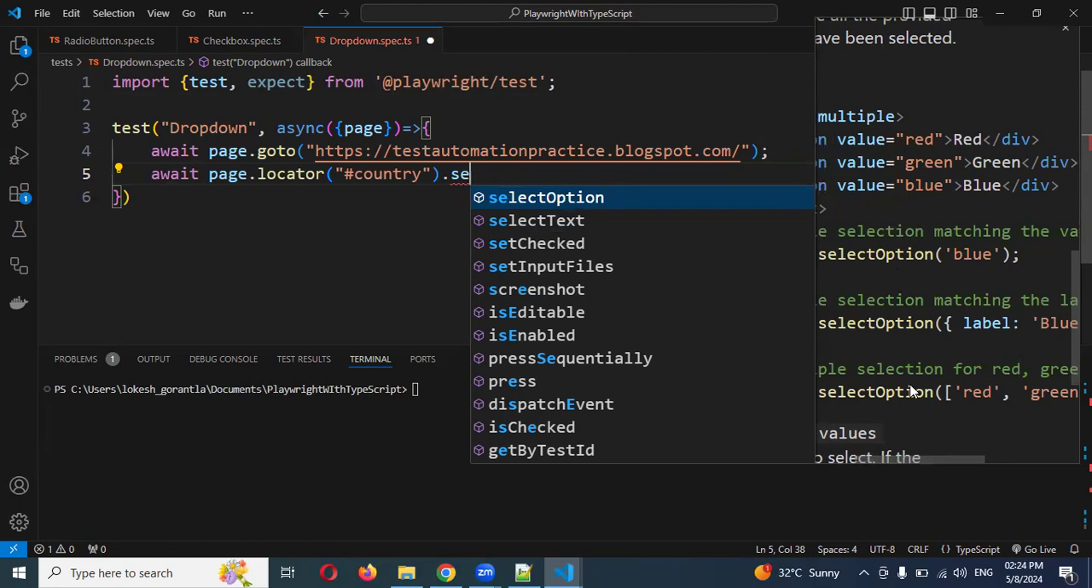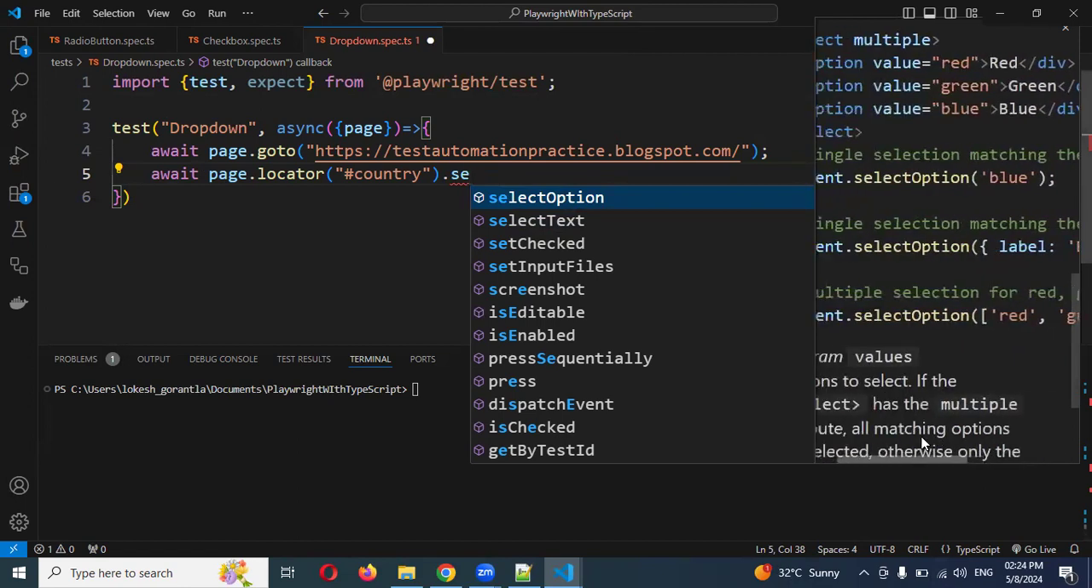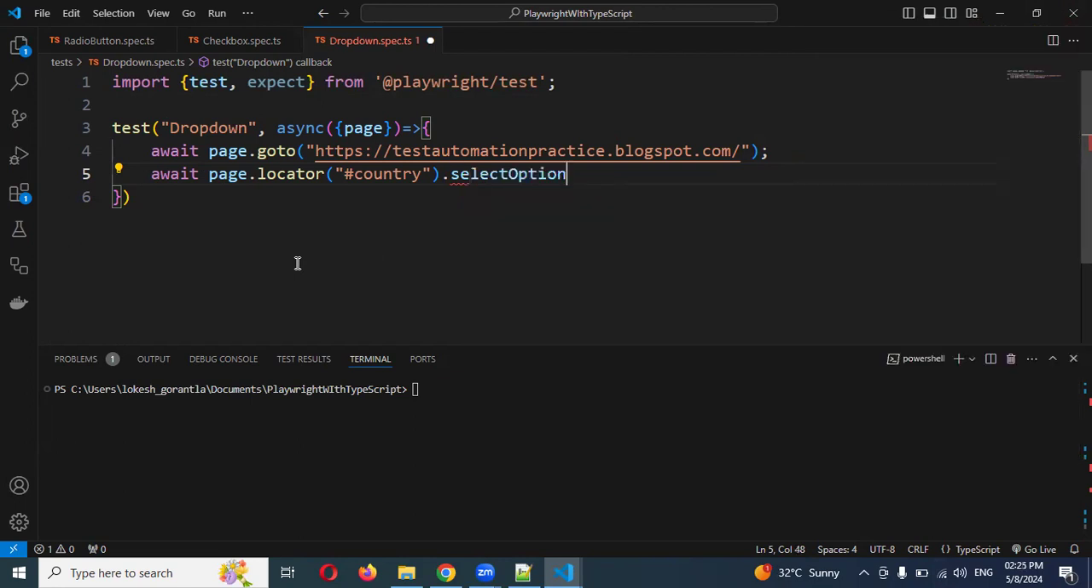If you want, you can take the index position. In case you have multiple values to select, you can specify an array of index. That way also we can select it. These are the different kinds of approaches we can use for select options. In this select option, now I'm going to choose one of them, like